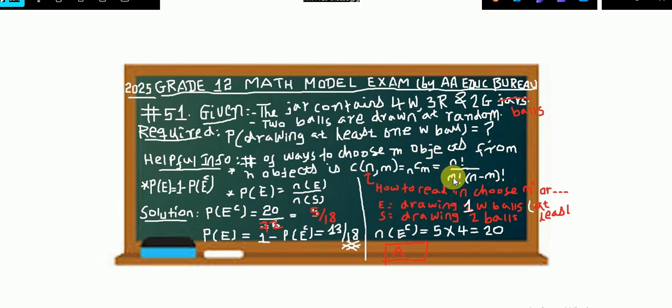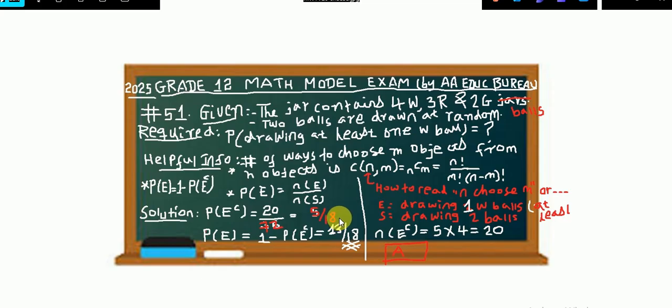We can cancel 5 factorial, so 9 times 8 times 7 times 6 over n minus m, that is 9 minus 5, 4 factorial. Let's compute this. 20 comes out, so we have 20 over 72, which when simplified becomes 5 over